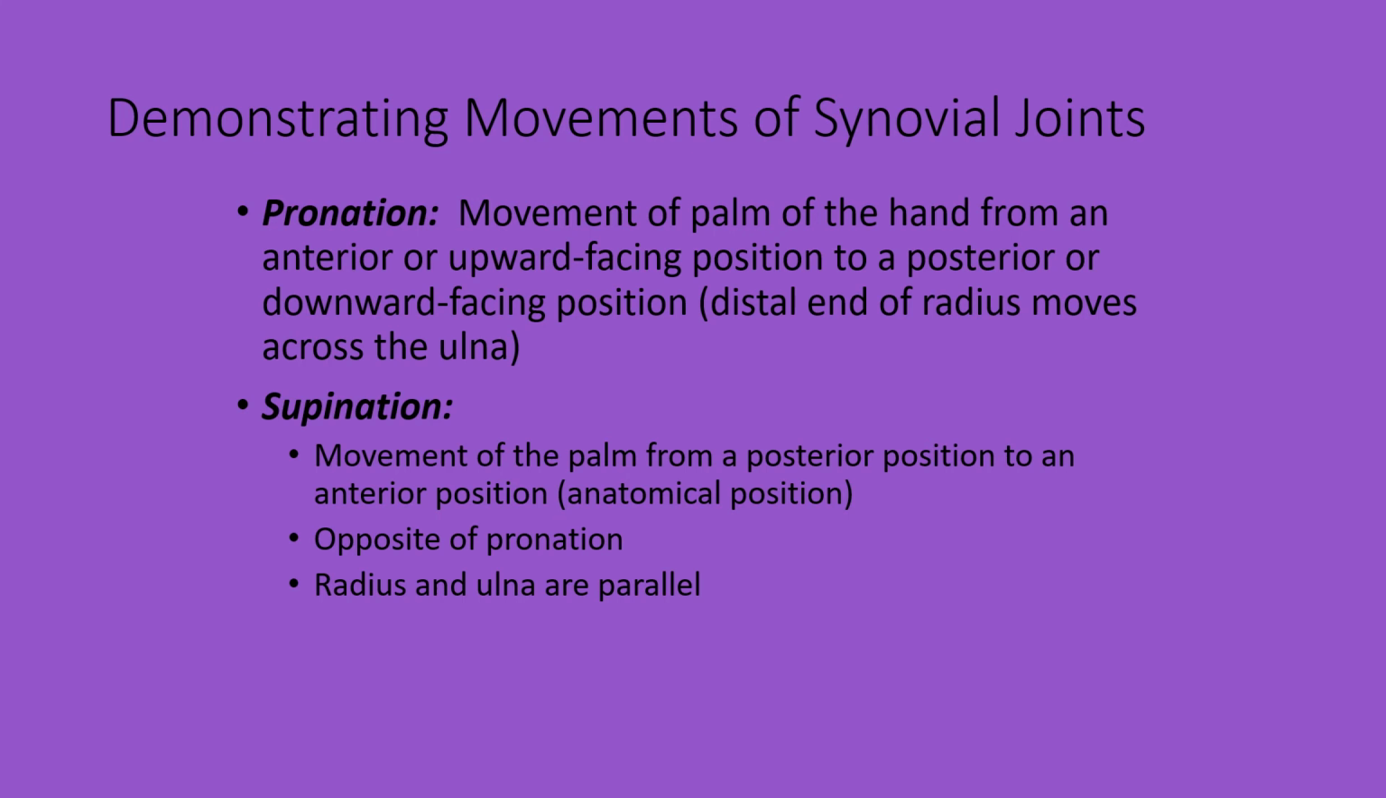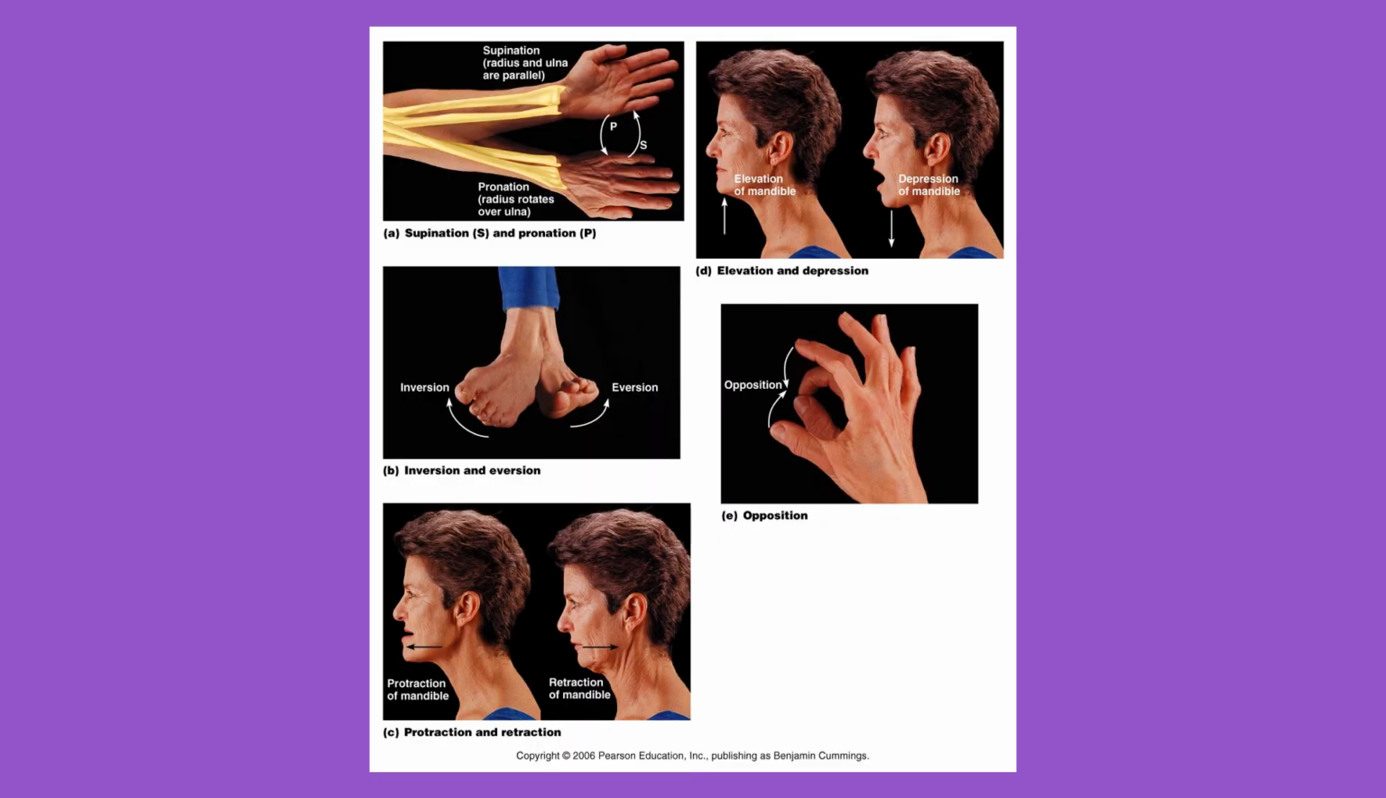Pronation and supination has to do with the palm of the hand and how you are moving it. Supination, you're moving the palm from a posterior position to an anterior position, so you're moving it back into anatomical position. Pronation is the reverse, so you're moving it from the anatomical position to facing in the back. So in the upper picture it is showing supination versus pronation. B is showing movement of the foot, inversion versus eversion. How are you moving the sole of the foot,